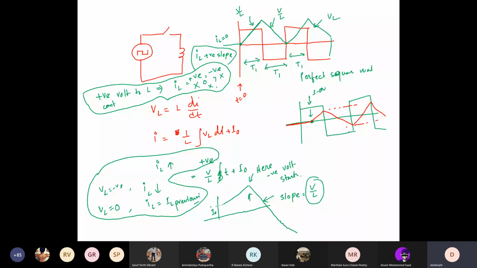But if you had turned it on at a different instant, let's say I turned it on somewhere here, in between this. So current will look something like this. It will build up. Okay. Then again, it builds up for a small amount of time, right? Then for this entire duration, it will go down. So you'll see something like this.